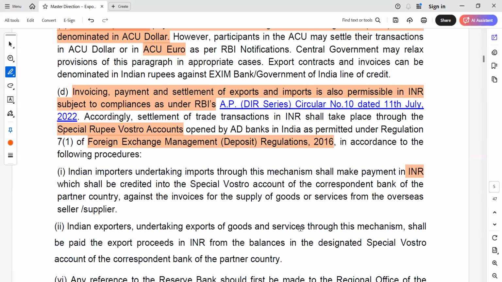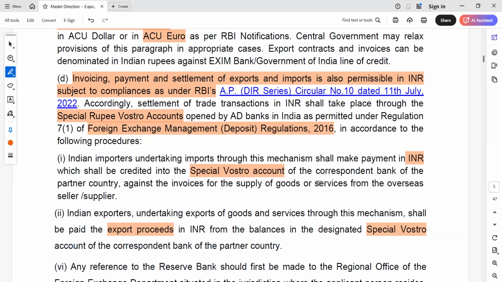undertaking export of goods and services through this mechanism shall be paid the export proceeds in INR from the balances in the designated special Vostro account of the correspondent bank of the partner. तो फ्रेंड जो भी ये है वो स्पेशल वॉस्टो अकाउंट के थ्रू ट्रांजेक्शन को करना है कॉरस्पॉन्डेंट बैंक के थ्रू। ओके,